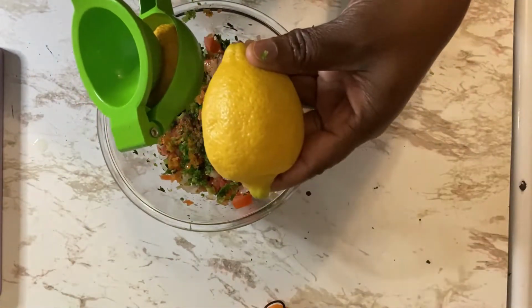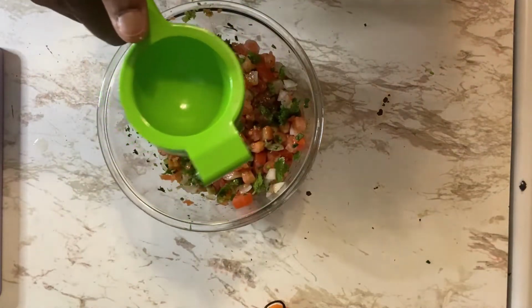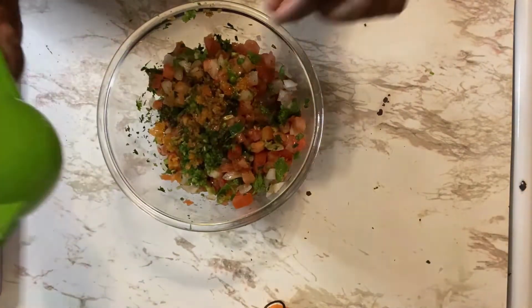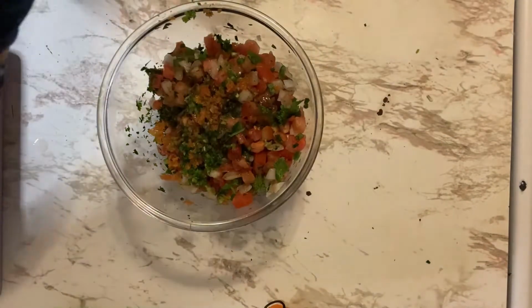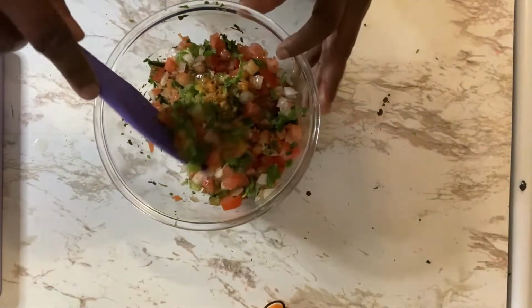All right, here we go. We're going to squeeze in a fresh lemon. All right, I'm going to squeeze in that juice. And that's going to bump it up. Now, if you want to use either or, all lemon juice or lime juice, that will work. So it's kind of one of those recipes,